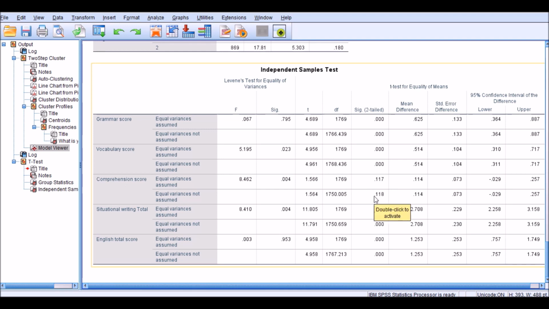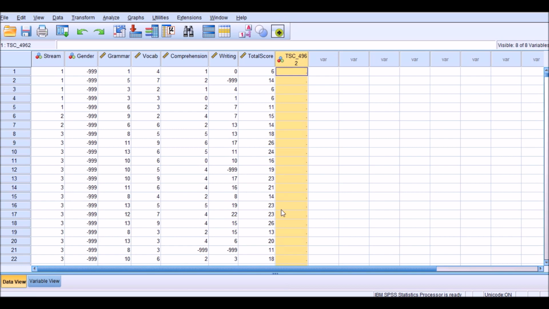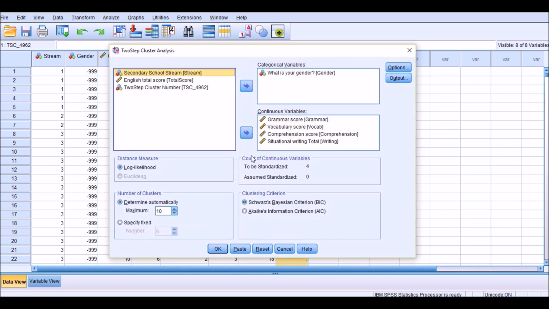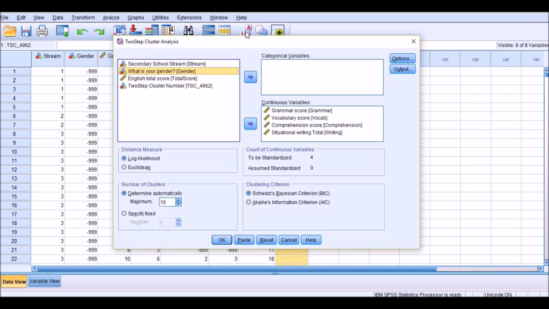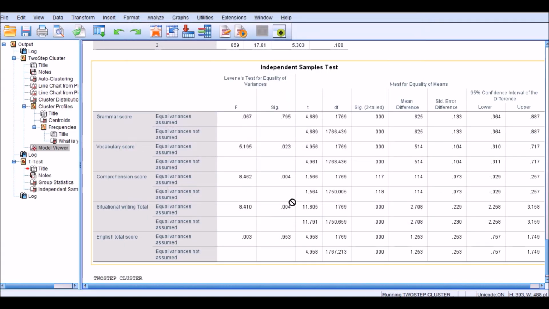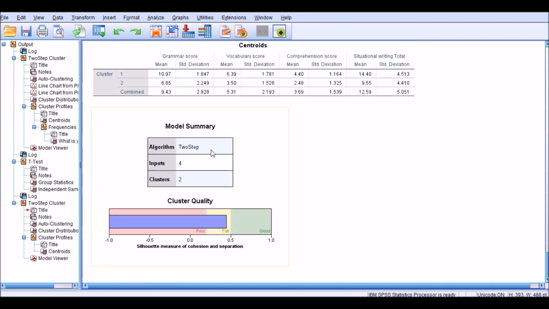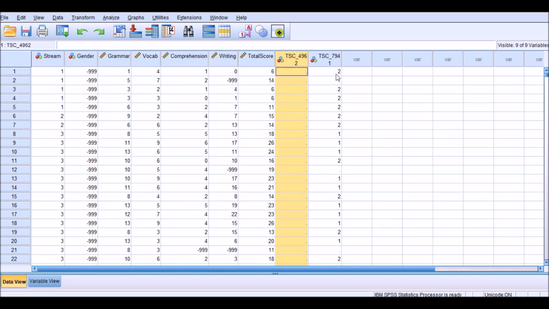It's interesting because in a previous analysis which I was testing, I didn't include gender, and there was a significant difference between the 2 clusters in comprehension scores. So I want to quickly go back to the clustering analysis and remove gender to see if I can get back the results that I had obtained before. We still have 2 clusters, and the silhouette is more or less the same, as you can see. What I would like to do here is to go back to